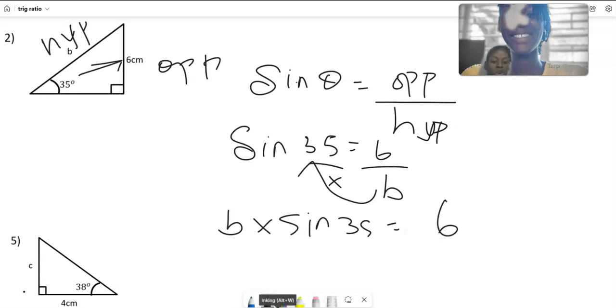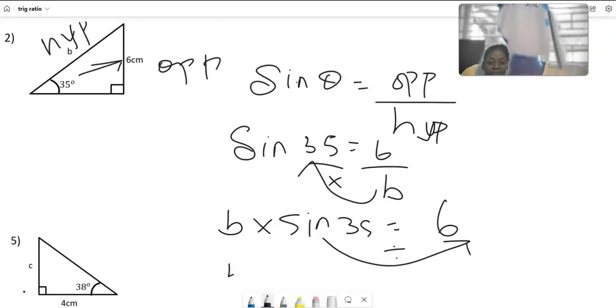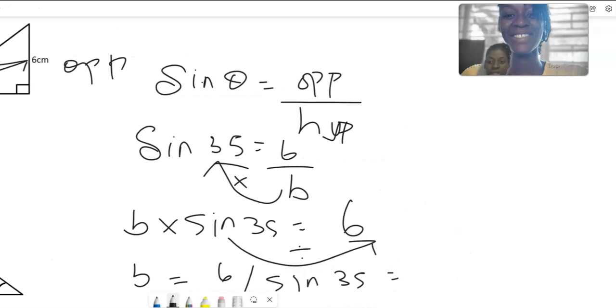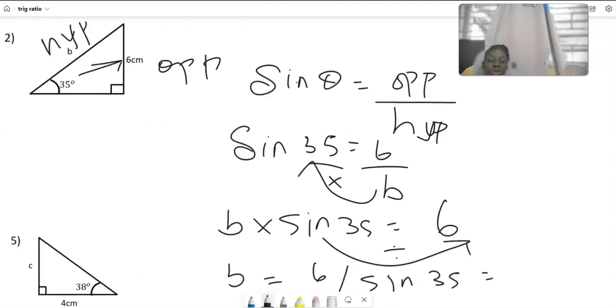We want B, so now we need to move the sine 35 to the other side, and we were multiplying, so now we're going to divide. So B is equal to 6 divided by sine 35. Put that in your calculator and you've got the answer. 6 divided by sine 35 is 10.46. Round that to one decimal place, it's going to be 10.5